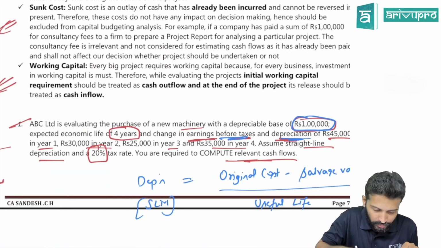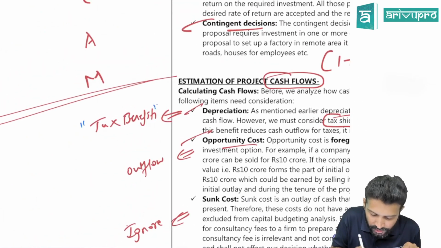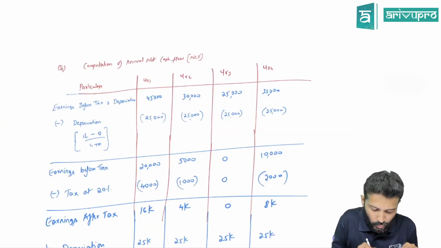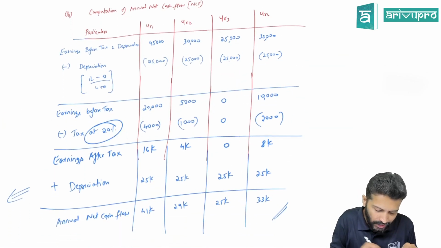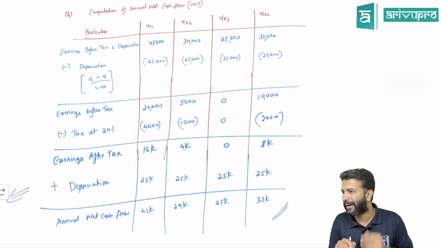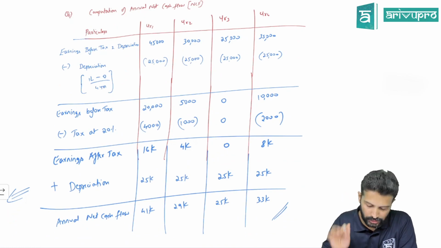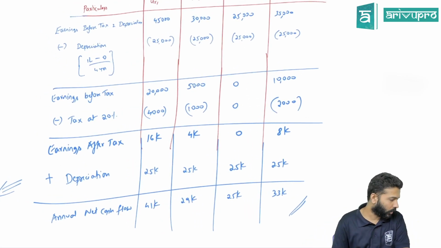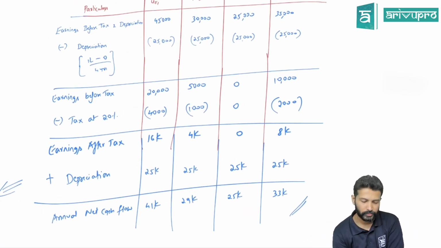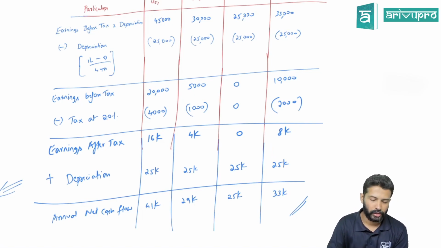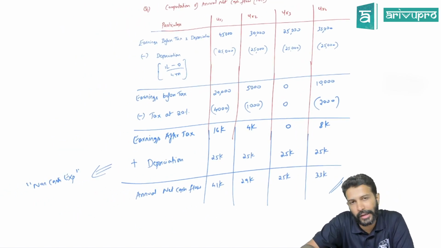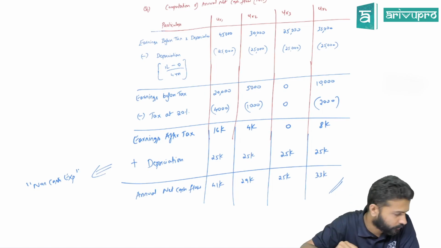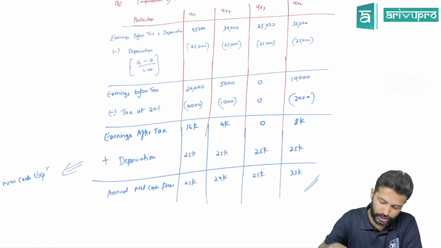That is what we wrote over here: on depreciation, you need to consider the tax benefit. That's the reason we first deduct, pay the correct amount of tax, and then add back. Automatically the tax benefit will be considered. That's all. Is it okay? The reason is depreciation is a non-cash expenditure, and on that you will get some tax benefit.